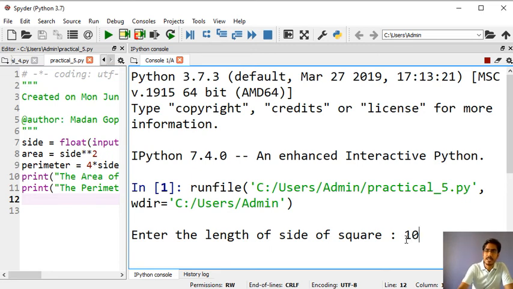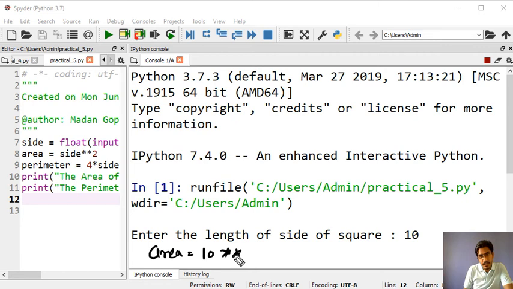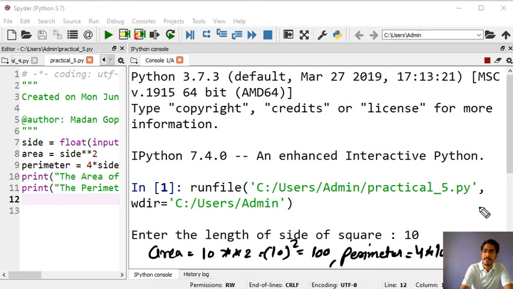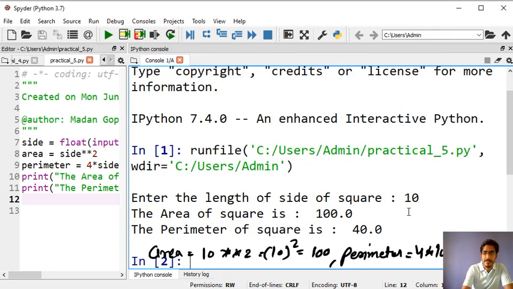Let's suppose I have entered the length 10, and then what should be the output? You can guess as per the formula. Area should be what? 10 double star 2, that is equals to 10 square, that is 100. And what should be the perimeter? Perimeter should be 4 into side, that is 10, so 40. So this should be the output. Let's see. I just click here, and here you can see the area of the square is 100 and perimeter is 40